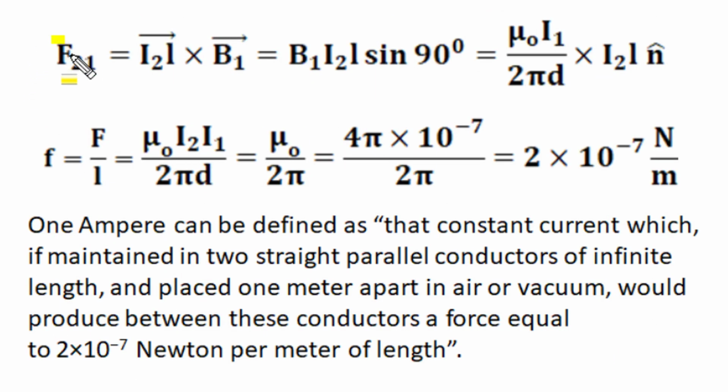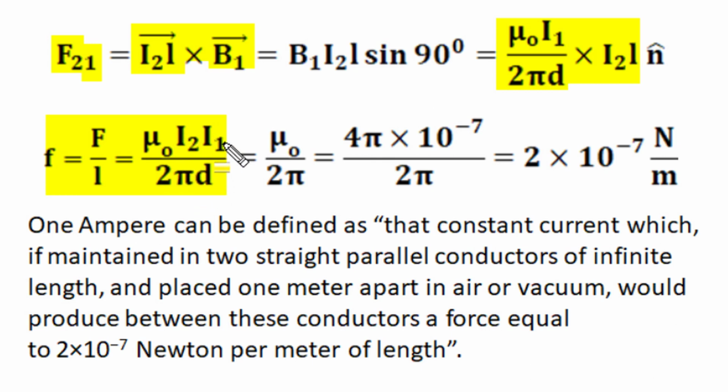So the force on the second conductor by the current in the first parallel conductor is given by the cross product of the current element length and the magnetic field vectors. The magnetic field of the first current is mu0 I upon 2 pi d, and with a 90 degree angle between the magnetic field and current, the force of attraction for two similarly directed parallel currents is mu0 I1 I2 L upon 2 pi d, and the force per unit length comes as mu0 I1 I2 upon 2 pi d,